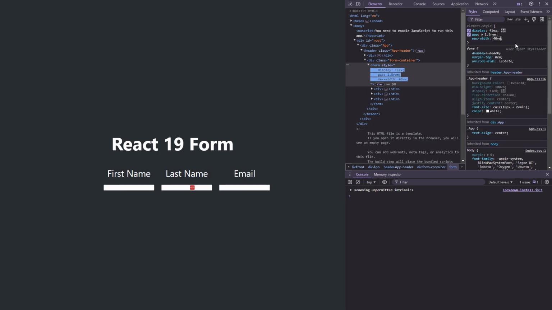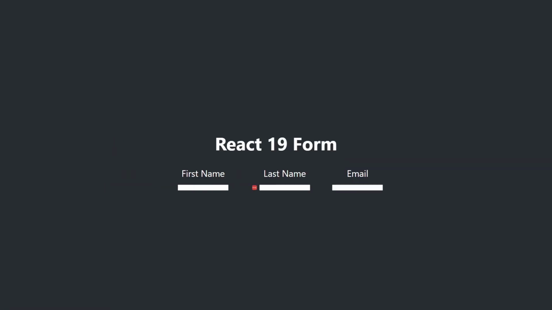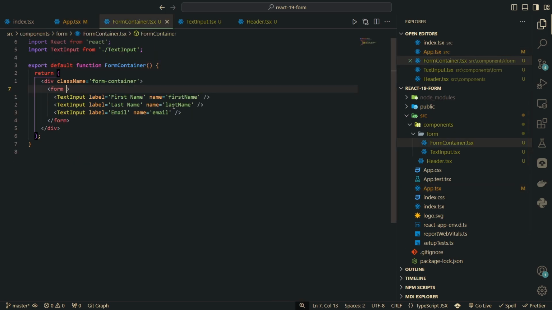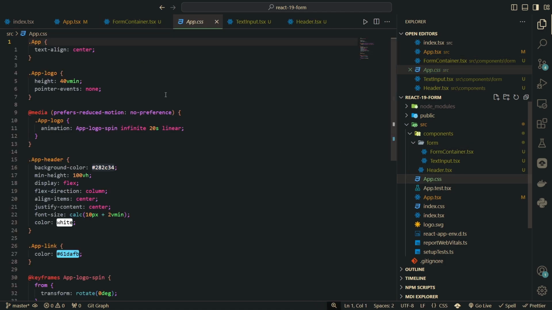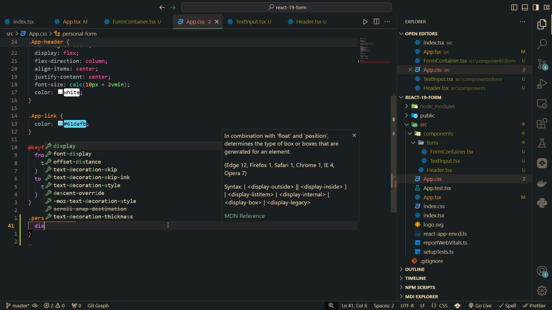So we're giving it display flex, gap 1.5 rem, and giving it a max width of 40 VW. Let's apply those styles. Open up the form container, add a className attribute to the form. We're going to call it personal-form. Then head on over to our app.css